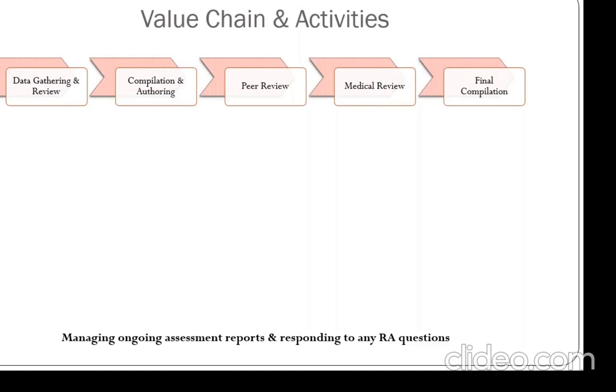Data gathering and review. First the line listing, the literature reviews, and all those items are reviewed. It gets peer reviewed as well. Then the medical writer compiles it and prepares the report, followed by the peer review, who does the fact checks or assesses the correctness. Then comes the medical review, where the doctors or physicians look at the report